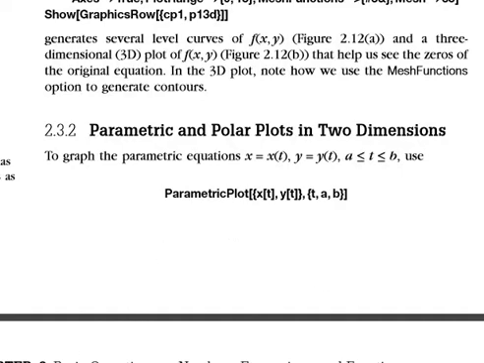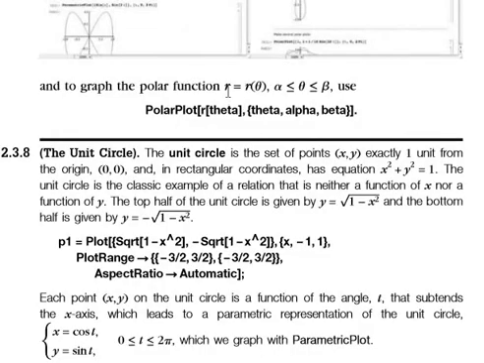Here is r equal to r(theta), where alpha is less than theta less than beta. Now we want to plot this one. Because this one is a polar plot, we use PolarPlot. The P is capital and Plot is also capital. For theta we use the theta bracket, the independent variable is theta, and alpha and beta are right here. We use this for the polar plot.